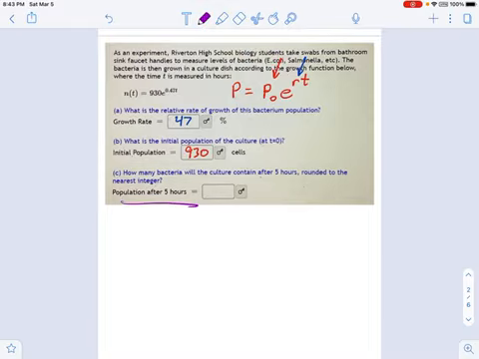And to calculate the population after 5 hours, okay, this last part right here, what that means is I'm basically evaluating this equation. So I say P, and if you want, you could say P of 5 hours, I could write it that way, equals your initial population, 930, times e to the R, and remember R is that 0.47, T. And here's the important part. T is that 5 hours. Okay, that's what P of 5 means.